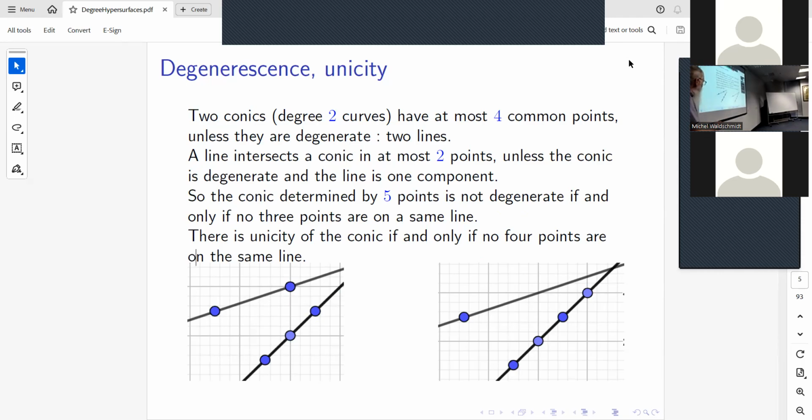And so if you have 3 points on a line, it means that you have the union of 2 lines. And if you are in this situation, again, there is uniqueness, because on this line you have 3 points, so you cannot have another degenerate conic. You have non-uniqueness if and only if you have 4 points on one line, and the other point is outside, and then you see that the other line can be chosen freely. So there is no uniqueness. This is the only case.